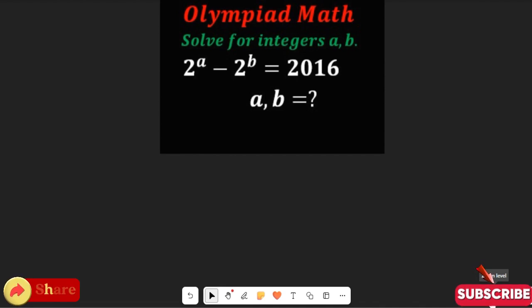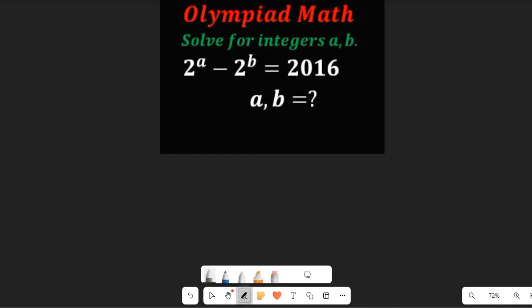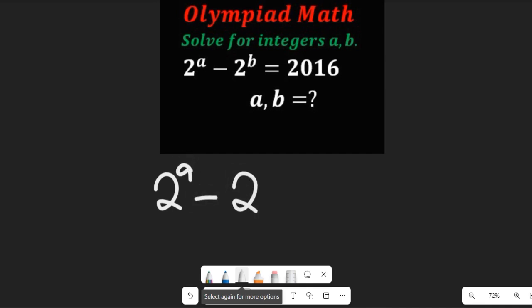Now let's put on our logical mathematics thinking cap, and look at this question thoroughly. We're given 2 to the power of a minus 2 to the power of b to be equal to 2016. We're asked to find the integers a and b. Now look at this question thoroughly. We have 2 to the power of a minus 2 to the power of b to be equal to